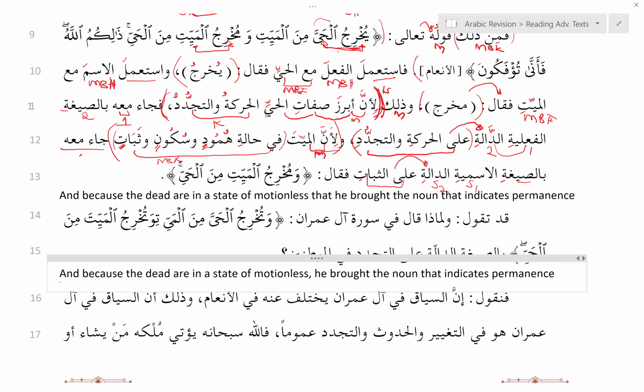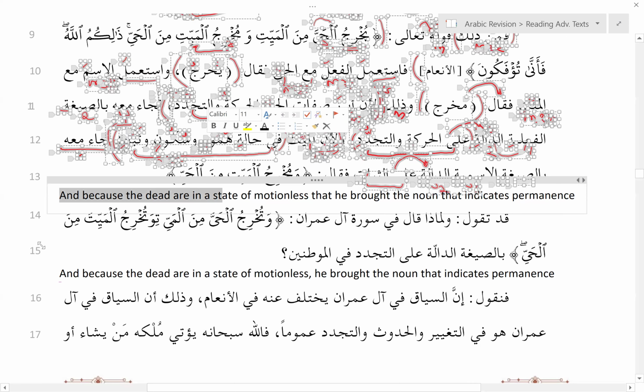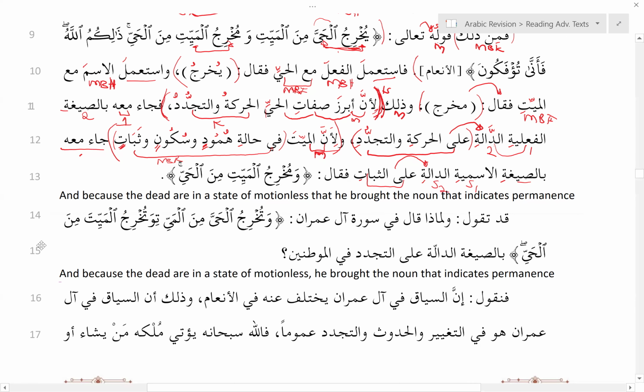Exactly. That's why i'rab is so important. Especially when it comes to the Quran, if you just misunderstand the i'rab, you're going to misunderstand the words of Allah. May Allah protect us, just one word. The conditions fit, you can see it is nakira, and the sentence comes after it. The conditions are right, but does it make sense? Sometimes you can even find that it makes sense, but is it what Allah intended?